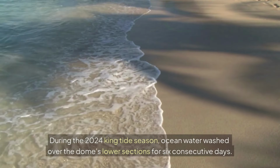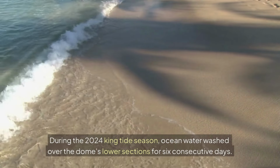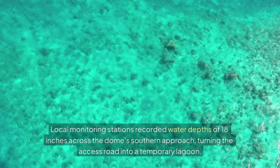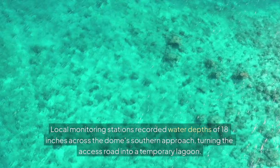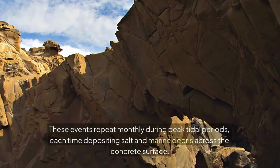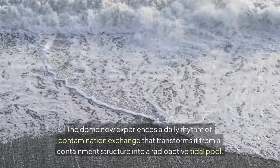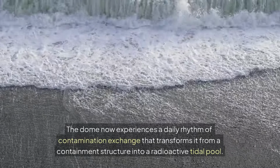During the 2024 king tide season, ocean water washed over the dome's lower sections for 6 consecutive days. Local monitoring stations recorded water depths of 18 inches across the dome's southern approach, turning the access road into a temporary lagoon. These events repeat monthly during peak tidal periods, each time depositing salt and marine debris across the concrete surface. The dome now experiences a daily rhythm of contamination exchange that transforms it from a containment structure into a